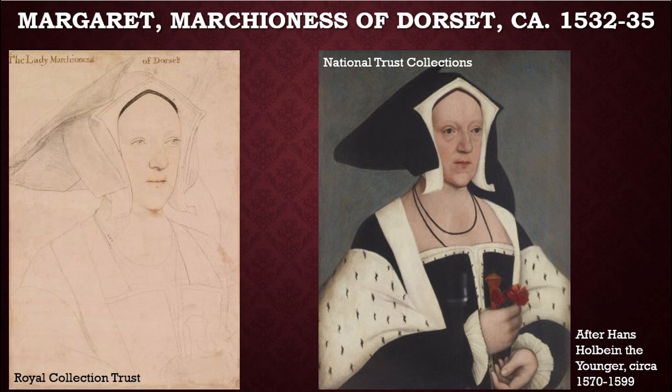Margaret first began a long series of quarrels with her son, who succeeded to the Marquess of Dorset in 1530, when he was forced to pay a fine of £4,000 for breach of contract after he had renounced his betrothal to Catherine Fitzalan, daughter of the Earl of Arundel. As a result, Margaret tried to restrict his allowance throughout his minority, which caused much consternation from her peers, who